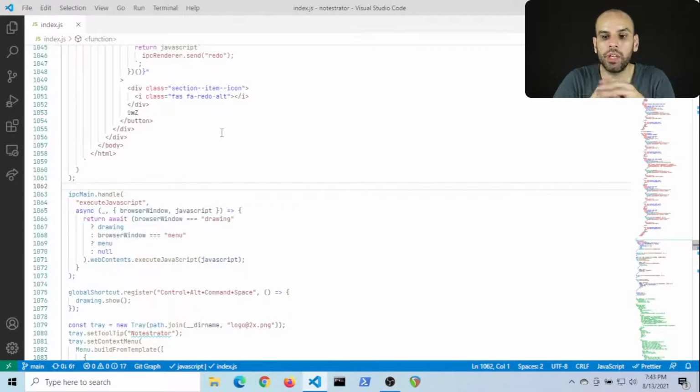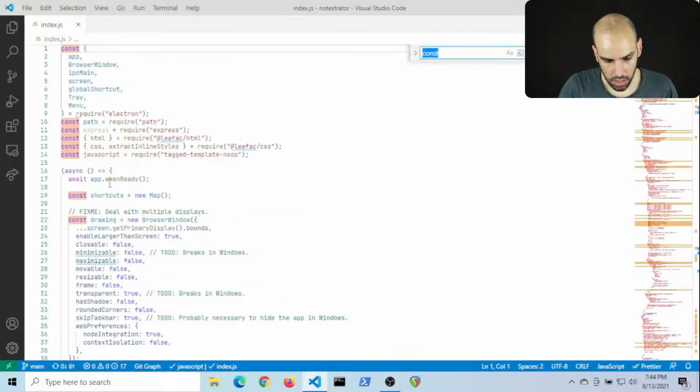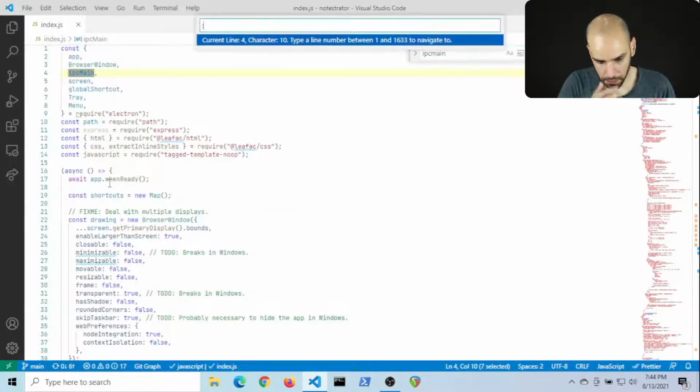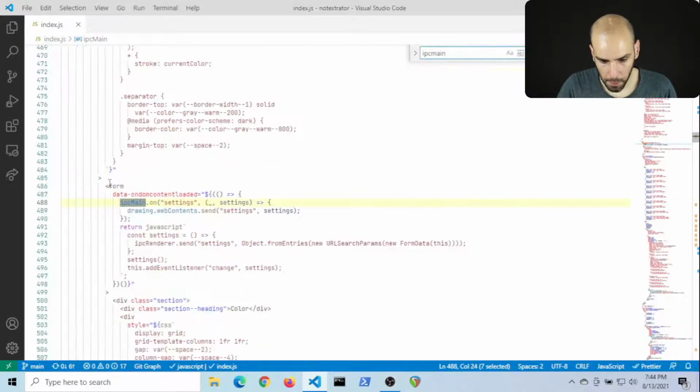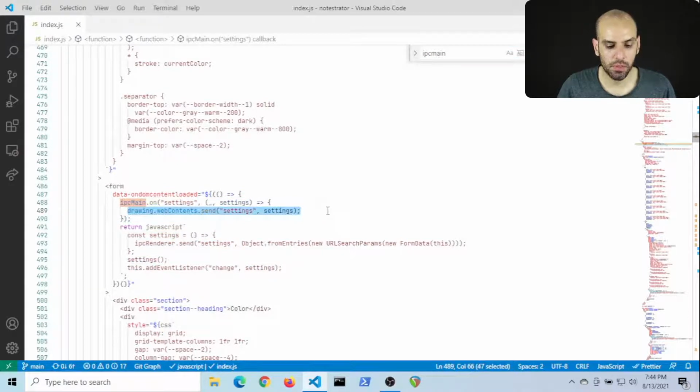So processes need to communicate, and the way it was supposed to work is you were supposed to send messages and then have code that would interpret the messages. For instance, here I receive this settings message, and then I do something on the main process. But I decided that this isn't good for me. I prefer to lower the barriers between the processes and just run stuff whenever I want, whatever I want.